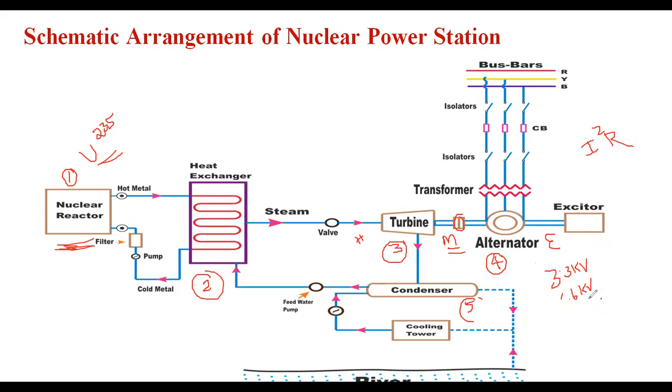To minimize that, we boost up the voltage with the help of a step-up transformer. The step-up transformer is used only in the generating station. Everywhere else we use step-down transformers. We boost the voltage based upon the line length, based upon the distance, from 3.3, 6.6 or 11 kV to either 66 kV or 132 kV, 220, 400 or 765 kV. In India, the maximum AC operating transmission line voltage is 765 kV.